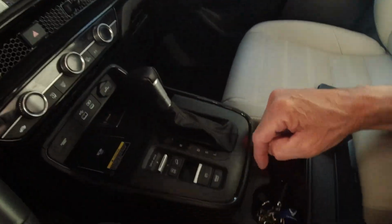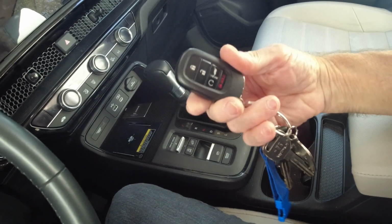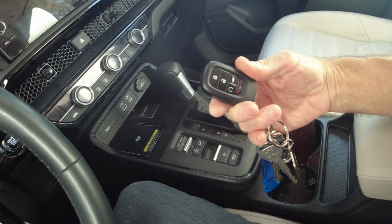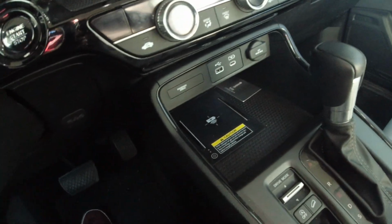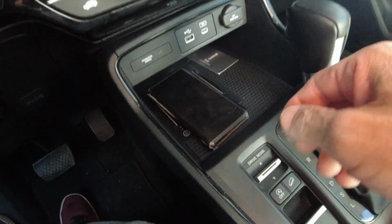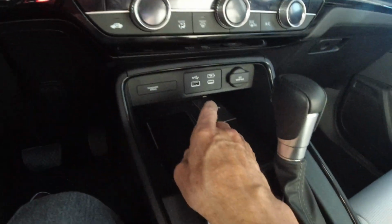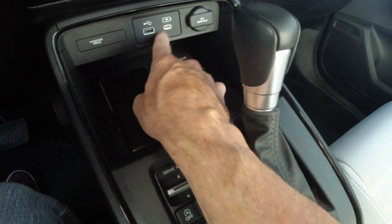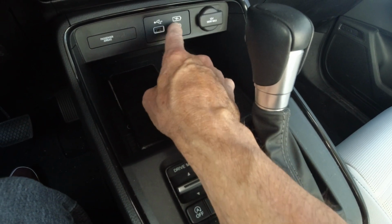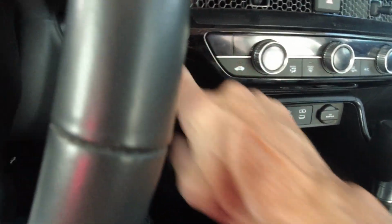Fancy. I had the keys left, and they only gave one key, and I was like, oh my god. When I closed that back door, I was like, I hope it doesn't lock the car. I'll be screwed. It's got a charging thing here that you put your phone on. Yeah, it starts charging. It's got a 12-volt socket there, and two different USB ports, and then it's got the start button. I don't know what number that is, but you put your foot on the brake and push that,